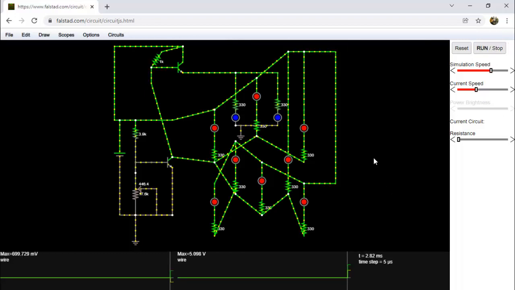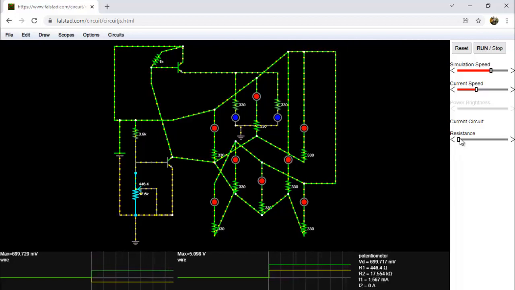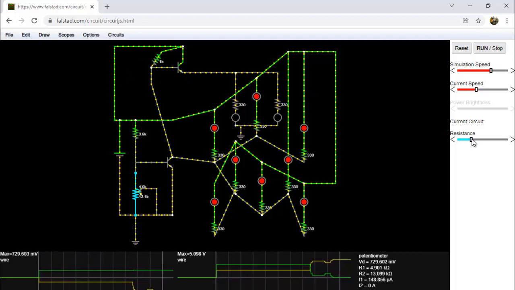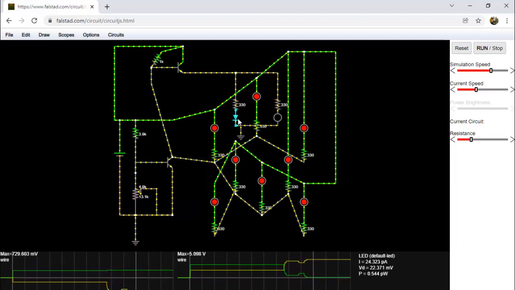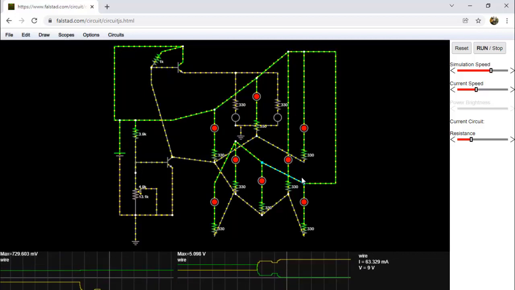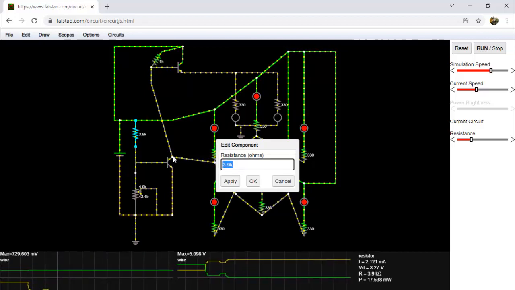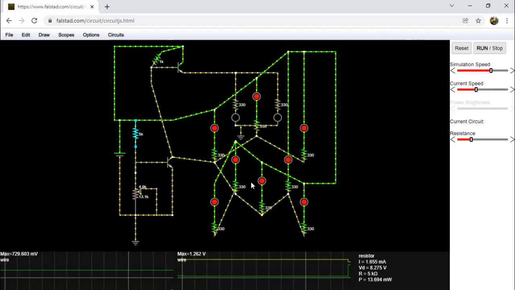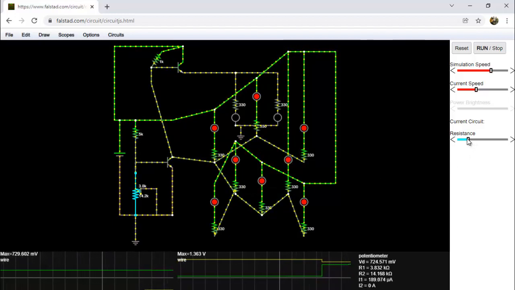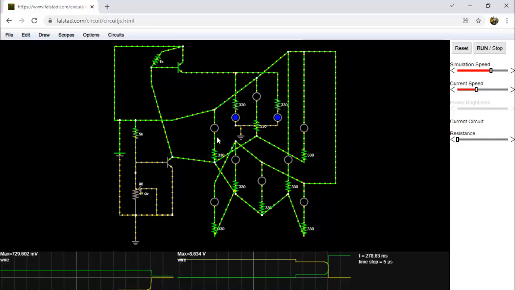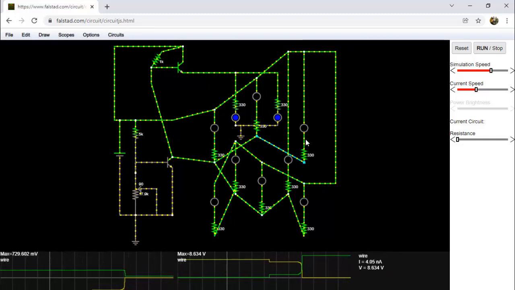So when you run this code, now both the LEDs are on. When I increase the resistance a little bit, this voltage value decreases and automatically these two go off. I have given a higher value like 3.9k, I just assign 5k. So now what's the condition? Just see, now the red LEDs are all off.